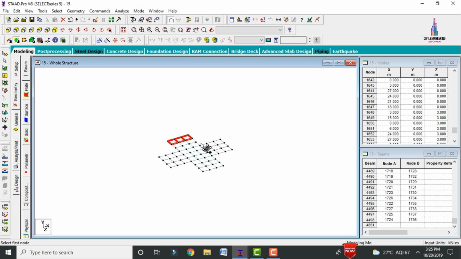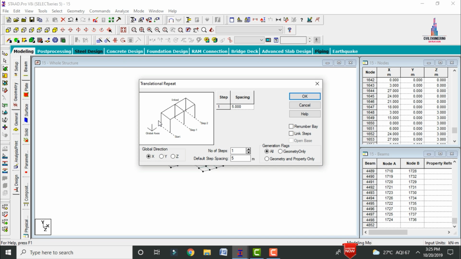Again we have to select these respective plates here, the right hand side section. Here I am selecting 4 node plate. Select your plate cursor, select this plate, again I am selecting this plate. We have to go to translational repeat in X direction. Number of plates will be consisting of 2 numbers. Each step will be consisting of 3 meter.